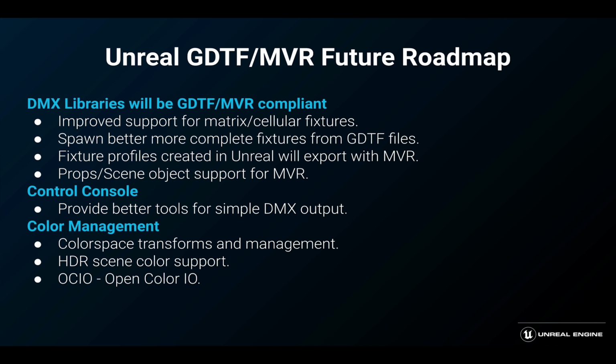A couple of other things are control console and color management. In the past, we had this thing called output console, which was just like a list of faders, and it was really difficult to tell what you were doing. Control console is a slightly better version of this where it can actually read the DMX library and create faders that are named and have proper ranges and things like this based on what the fixture data tells us. This by no means will replace a console for any type of advanced tasks, but it should at least make testing, input-output, and this type of stuff much easier to deal with.